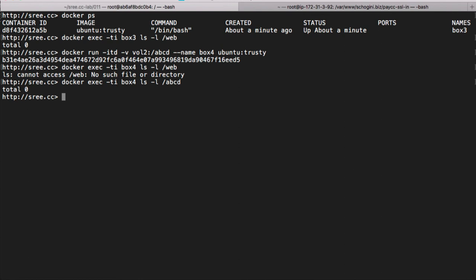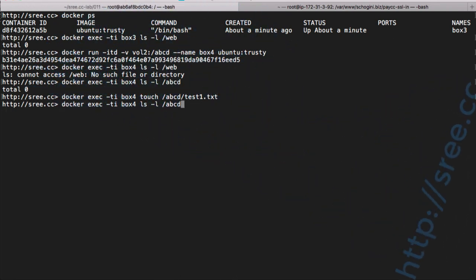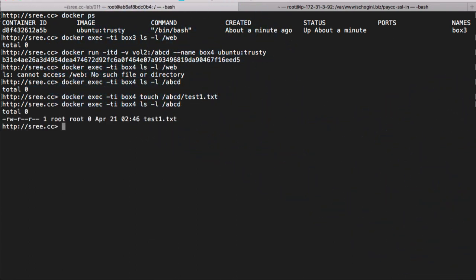So that is why in this case we are using the docker exec command to create a file in the volume. So we are going to create a file in the volume using box4, and the new file name is test1.txt. Alright, so now let's just check our box3 /web, and we see that the test1.txt is available in box3 too,